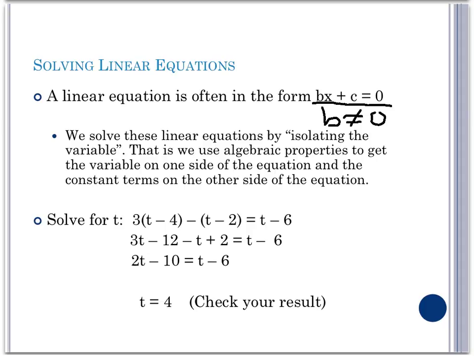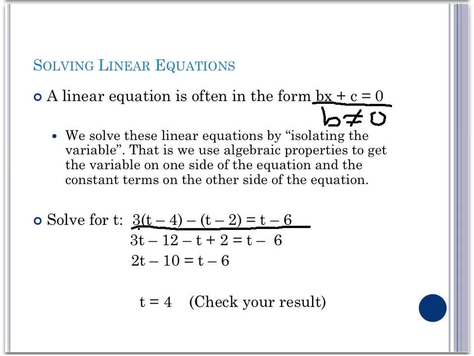using properties of algebra. For example, if we have the following problem that says solve for t, and we're given 3 times the quantity of t minus 4, minus the quantity of t minus 2 is equal to t minus 6, we would need to use the properties of algebra or the distributive property in order to simplify this